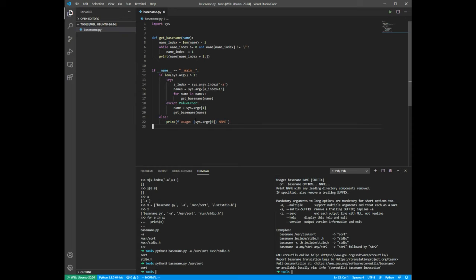If an exception occurs, you can try this, and here this value error occurred because -a was not there, and then we can try -s. And inside this except, because you can nest try and except blocks inside another try and except block, then we'll say, oh,